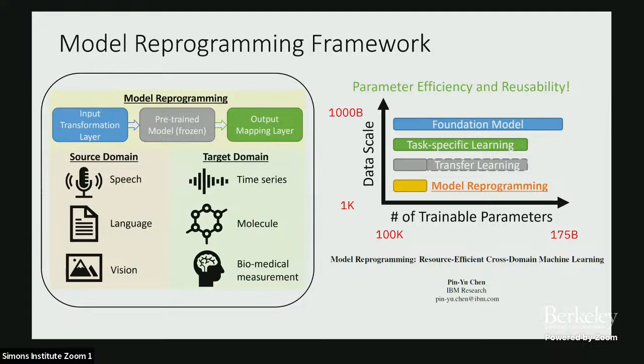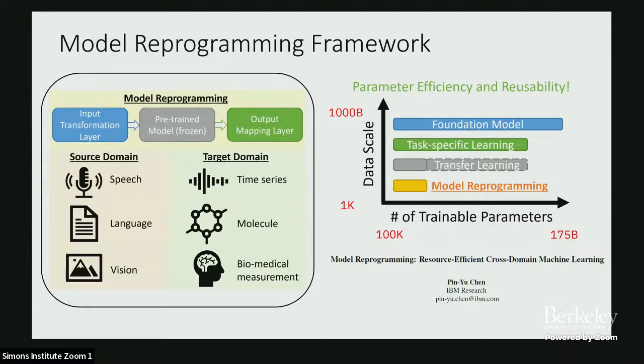We have several examples, like reprogramming speech models to do time series classification, reprogramming English language models to do molecule learning, and reprogramming computer vision models to do biomedical measurements classification tasks. This is really exciting because model reprogramming offers very good parameter efficiency and reusability.